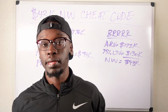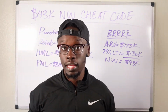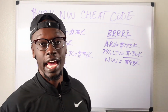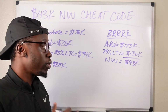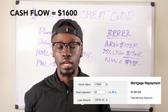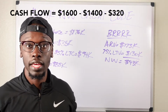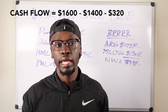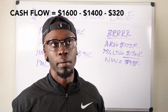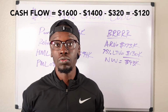But remember, we said we could flip it. And I actually flipped this property instead of keeping it as a rental, because in this particular case, that $1,600 a month rent wasn't enough to cash flow on this property, right? So the mortgage on this property will be about $1,400 a month. You get $1,600 a month in rent, your mortgage is $1,400, and you put aside about another 20% of the income for the repairs, the maintenance, capital expenditures, and property management. You're going to be cash flowing about negative $120 a month, meaning I'm paying every single month to keep this property,